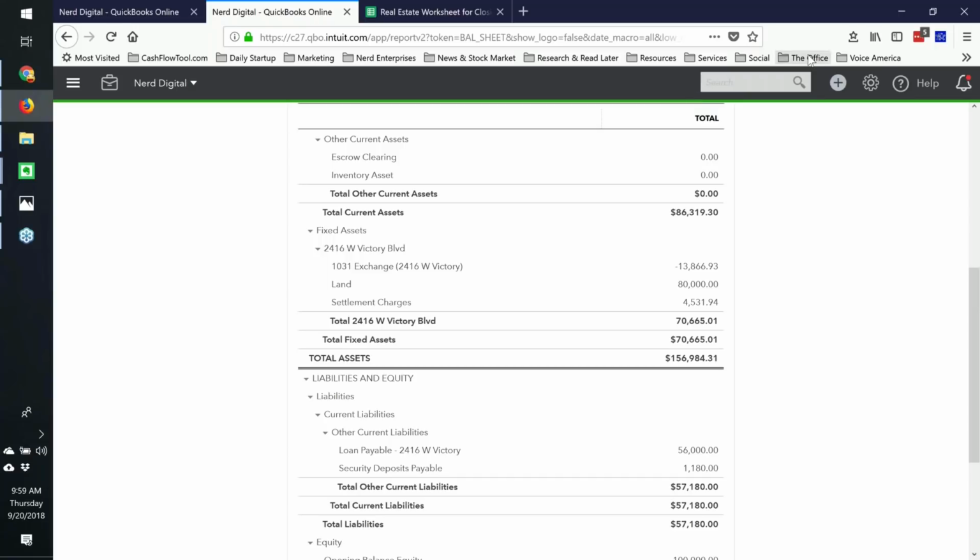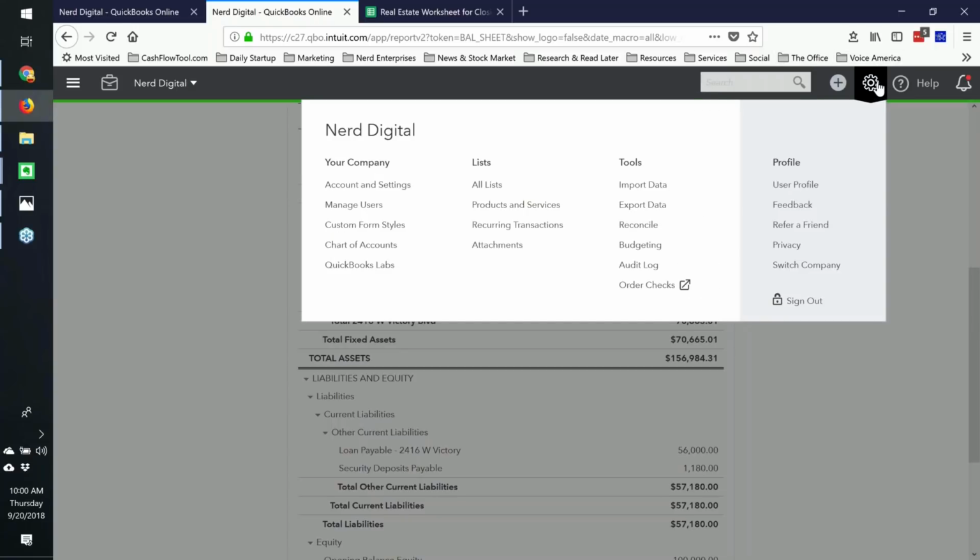The QuickBooks Online equivalent of the item list, as we call it in QuickBooks Desktop, is just your products and services list. So I will create products and services that are mapped to that improvements account. Obviously, I'll need to create a list of products and services for each property that I own. But I don't mind having a long, ugly products and services list, because that's not going to show up on